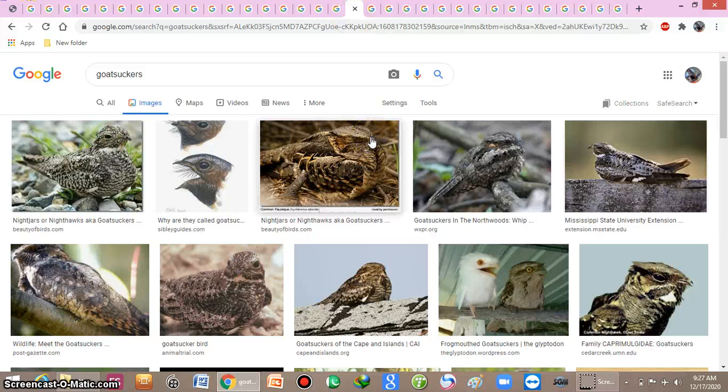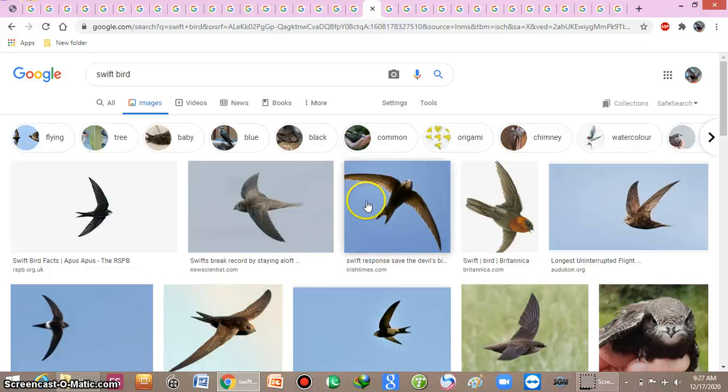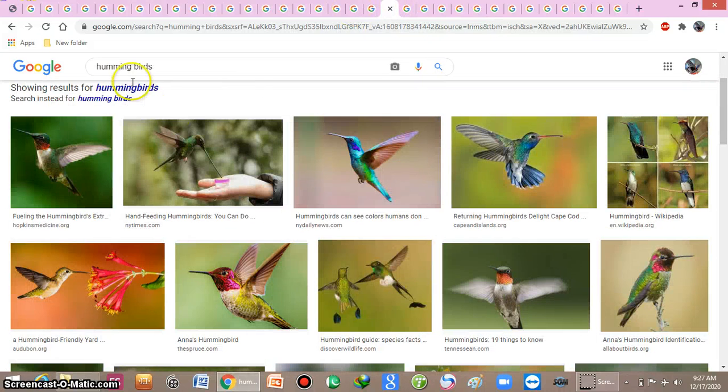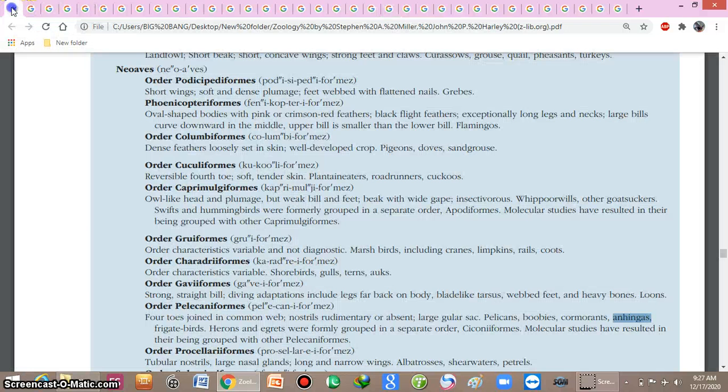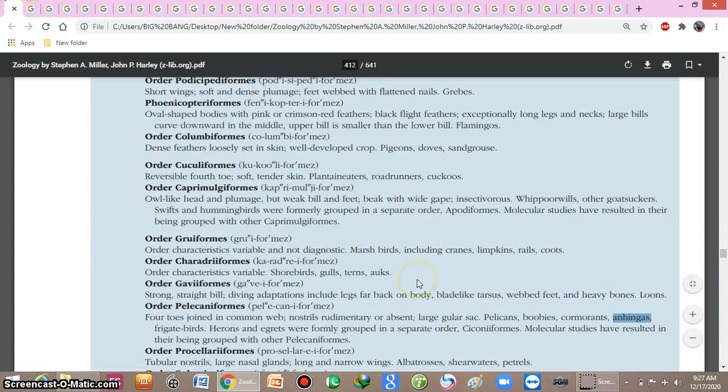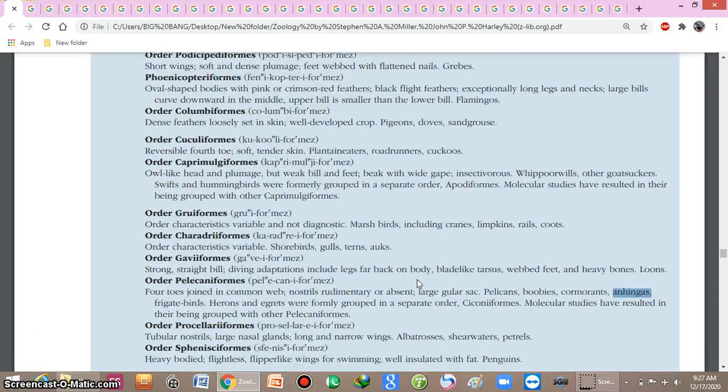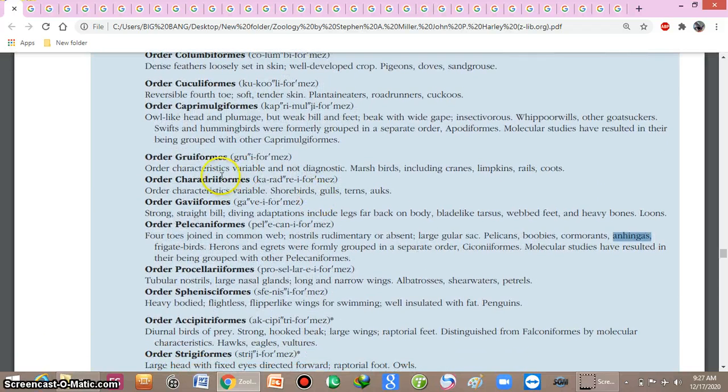These are the goatsuckers. These are the swifts. These are the hummingbirds. Hummingbird is a beautiful creature with different colors. Okay, next is the order